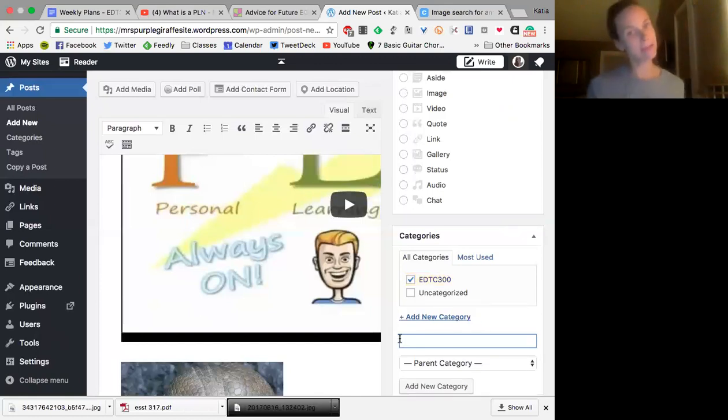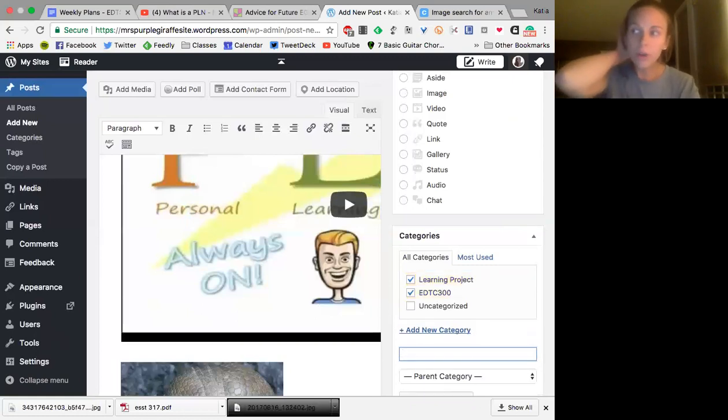And let's pretend that this is also my learning project. It's on armadillos, apparently. So I'm going to make another category for my learning project. And you'll notice I'm just making categories right here. Like I didn't have them before. I'm adding new ones. So right now, it's categorized as both of these things. So when you make posts in here, you're going to do the same thing. You're going to categorize things as the class, right? But if it's a learning project post, you are also going to categorize as learning project. Okay, so there are both.